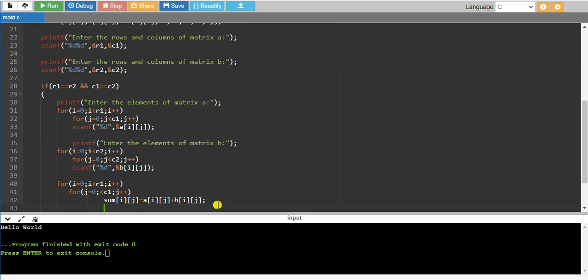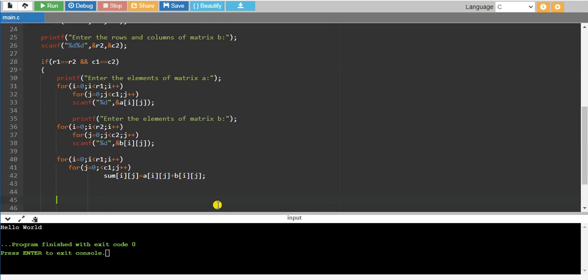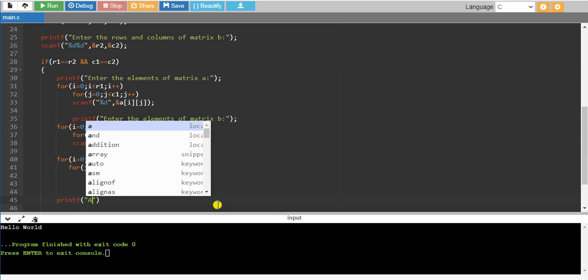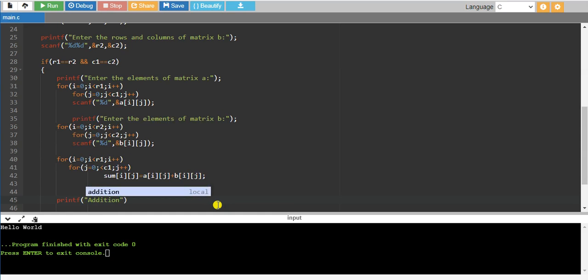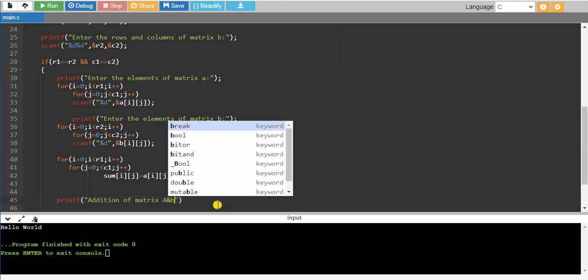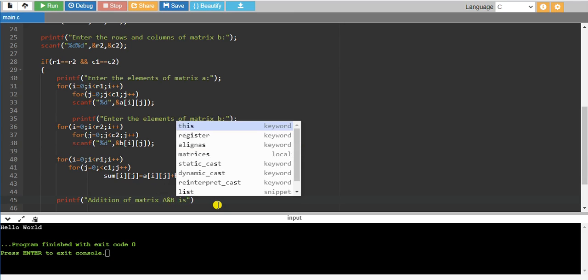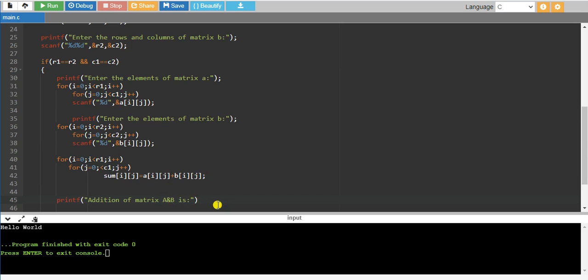After adding this we have to print it. For that we take one printf statement here: printf, addition of matrix A and B is as below, right?